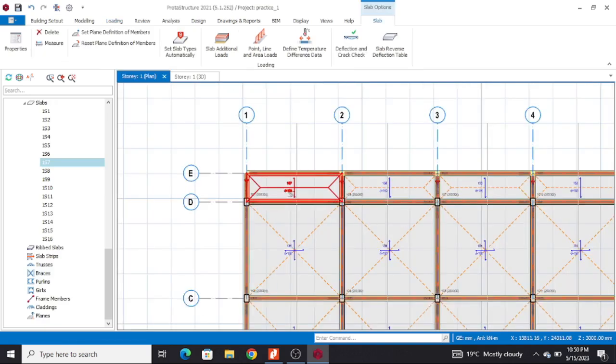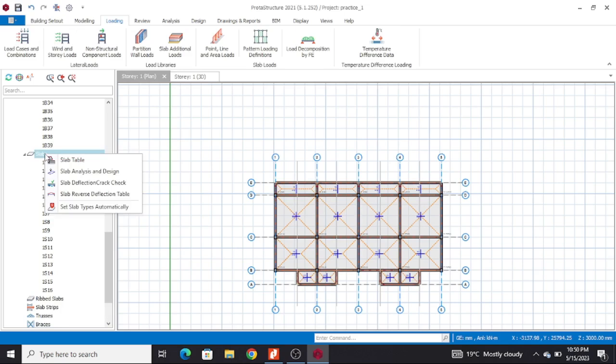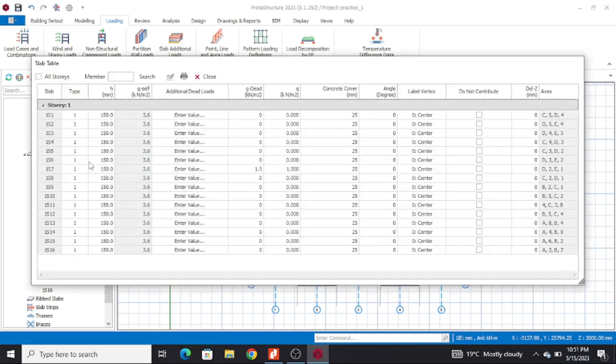So I have loaded this slab. Looking at this, it is very tedious. I cannot just start loading one by one till I finish. Of course I will finish, but I'll take more time. So an easier way is to go to slabs, right click, and then remember go to slab table, and then you see the height is there, the self load is there, but you remember we need additional loads,